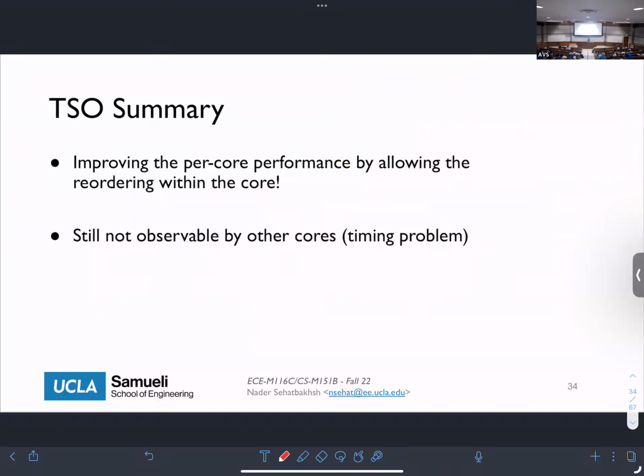All right. So to just summarize what we said so far: TSO and sequential consistency try to give you a kind of list of available options. Sequential consistency is very, very strict. It basically says no reordering at all. TSO is basically saying that you can reorder loads and stores. It's just that from the other core's point of view, writes should happen in order. And this will boost the performance per core because then you don't need to wait for the stores. But still, we're going to have the timing problem that we had before, even with TSO. So TSO does not solve all the problems. Okay?